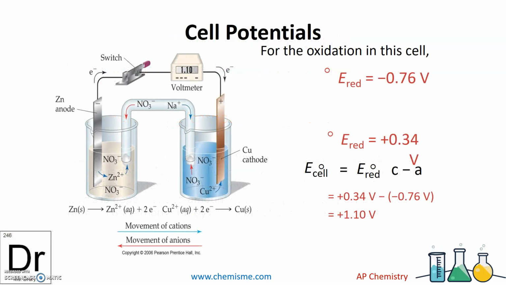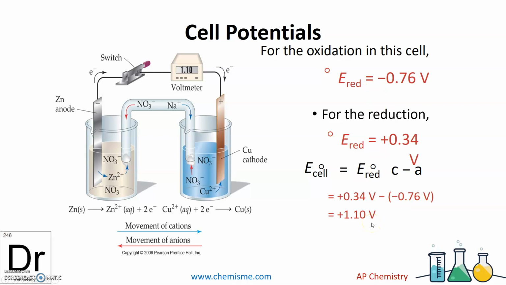So if we were to do it for this cell that we've been seeing for zinc and copper, we can look up the reduction tables, and right now what's reducing is copper. So copper I just read normal, 0.34 volts, and the zinc is oxidizing, so I had to read zinc backwards. Its reduction is negative 0.76, so I have to reverse that. You can either think of it as now make it positive and sum them and you'll get 1.1 volts, or if you do cathode minus anode, it's negating that anode for you and you'll get